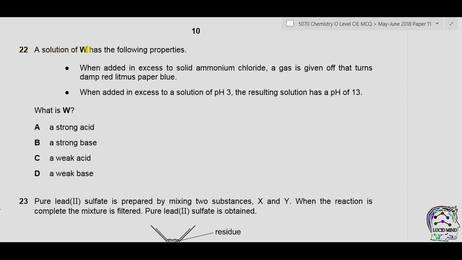Question 22. A solution of W has the following properties. When added in excess to solid ammonium chloride, a gas is given off that turns damp red litmus paper blue. When added in excess to a solution of pH 3, the resulting solution has a pH of 13. What is W? First thing is that you should always remember whenever ammonium salt is added to alkali,